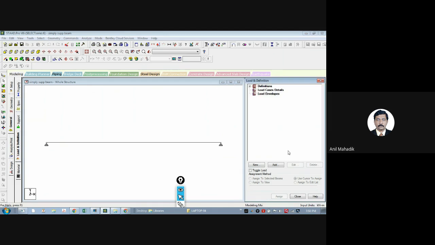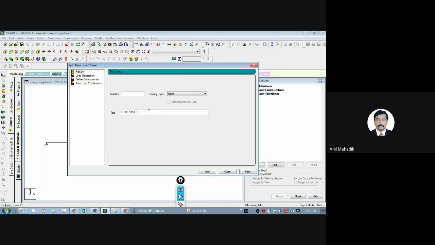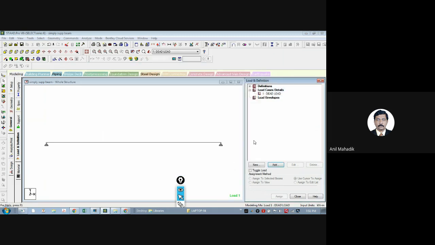Okay, so if you want to create the load, first you need to create the load case. So click on the load case, then click on the add and give the name of the load case whatever you want. So let's say dead load is my case, and click add and close. So dead load case is defined. Now click on the dead load, add,